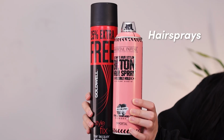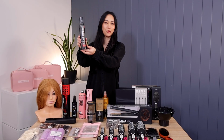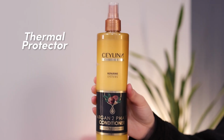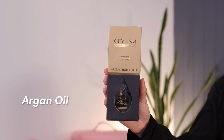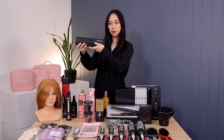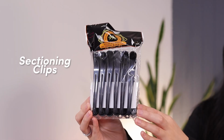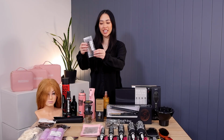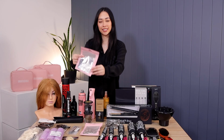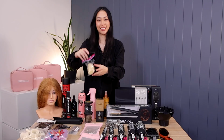We've got 2 hairsprays. We've got a sea salt spray, a hair mousse, a spray bottle, a thermal protector, an argan hair oil, bobby pins in black and bronze, a comb set, butterfly clips, sectioning clips, bungee hair ties, duckbill clips, clear elastics, hair roller pack, a chignon,